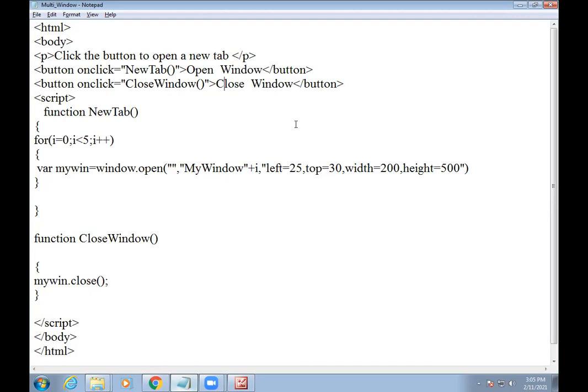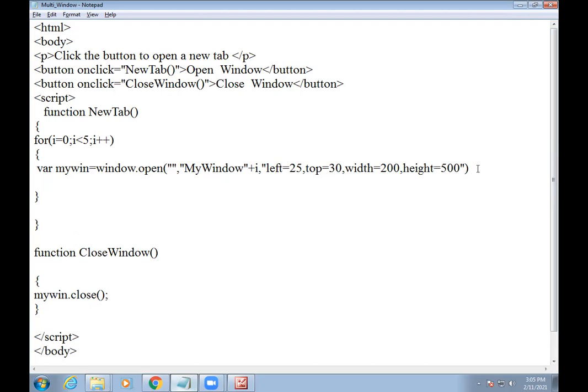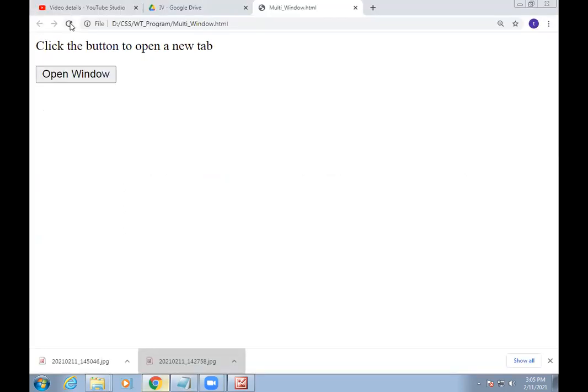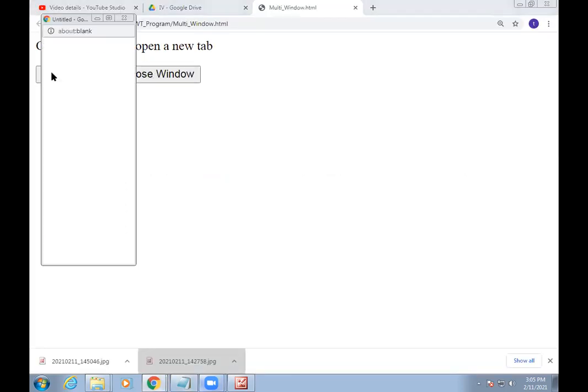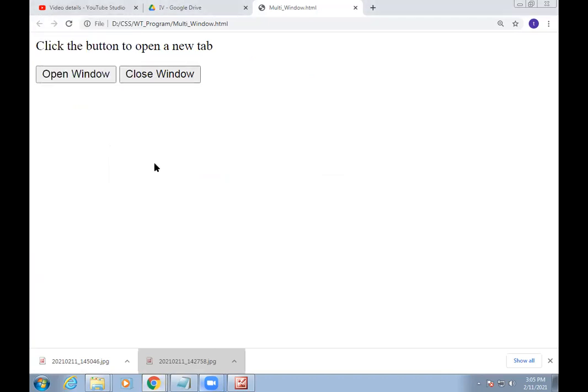But we only mentioned one button here, because we didn't write the whole part for this close button also. If I change my code this way, I don't think it works. We have to change it. Okay, let's save this part and see what we get first. Refresh. Yes, you can see the close button. If I click, it closes all values.